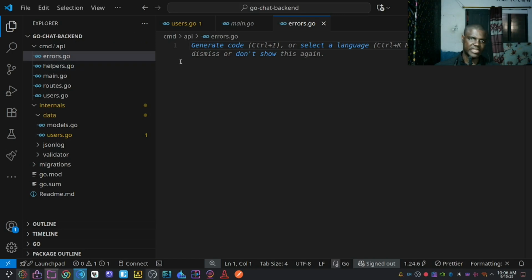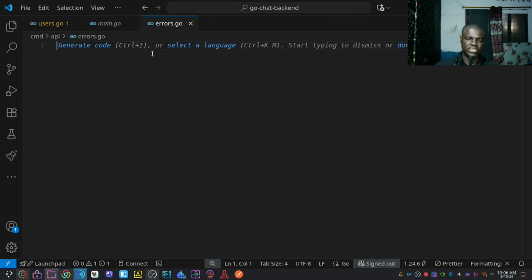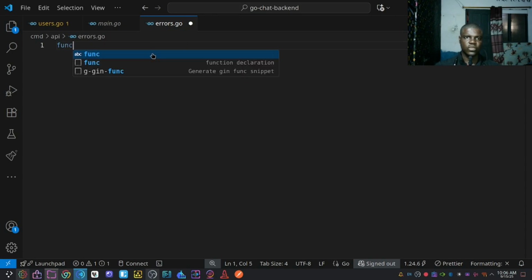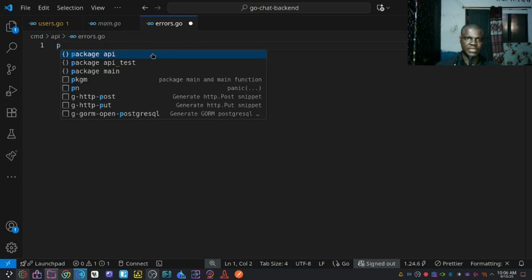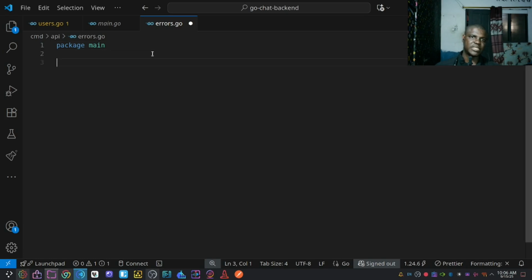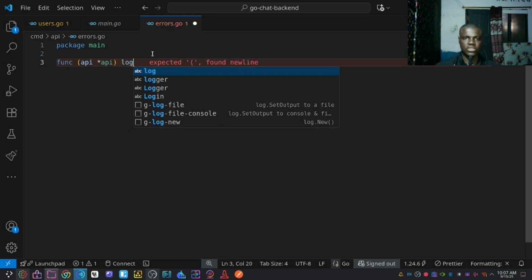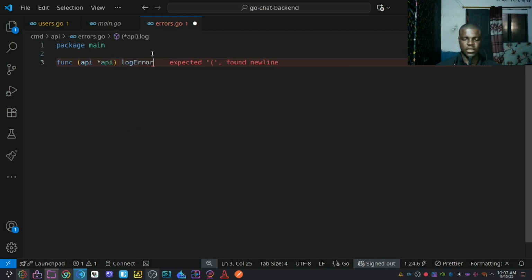Go into the API folder. All the files in this folder use package main, so use package main and create a function, and this function is going to be a method on the API struct that we defined in the previous video. I'll call it logError,